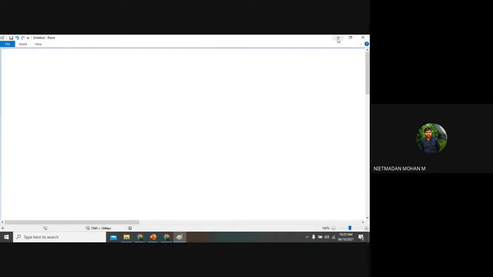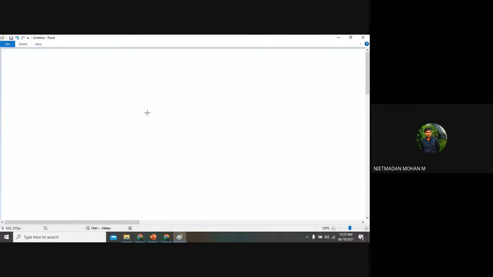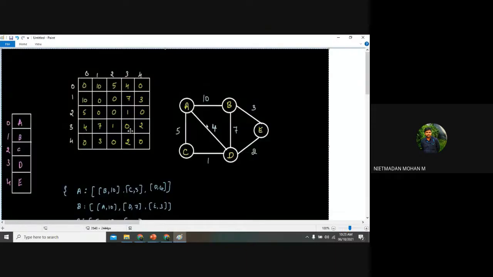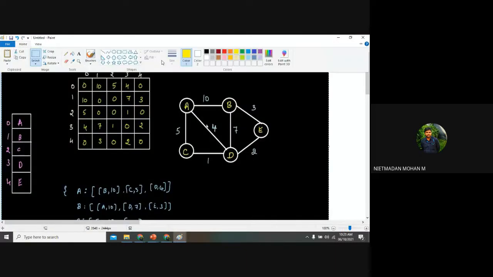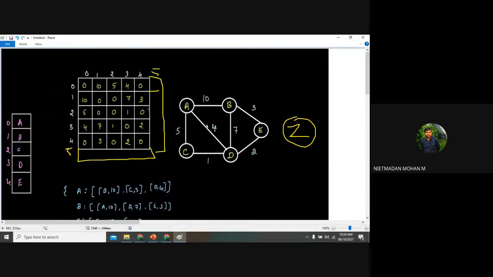So this is the basic thing: how we want to traverse directed, undirected, and weighted lists. The same procedure will happen here also. Suppose I am creating a node called Z, then the matrix will be represented one step higher, and it will be mentioned as 5. All the representation will be 0, right?